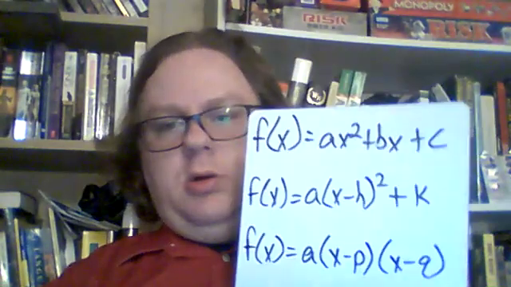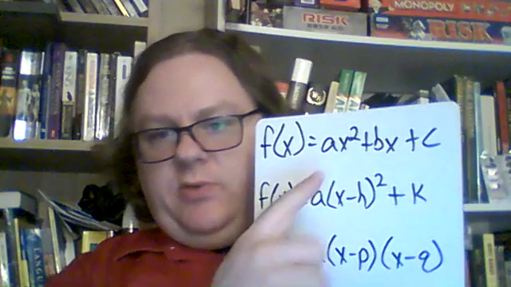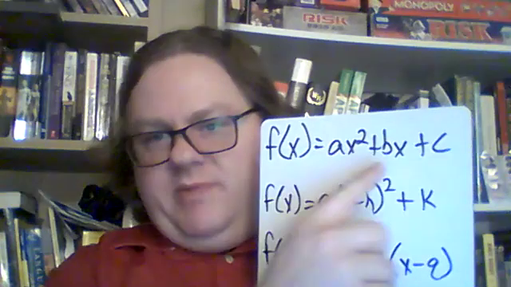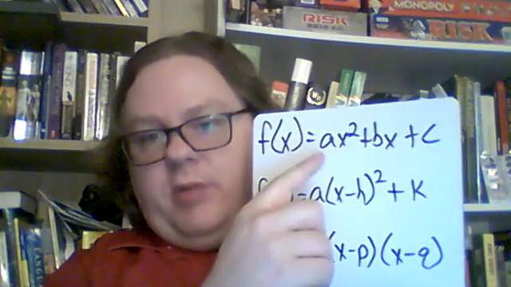This is 8.3, graphing quadratic functions. All right, here are 3 forms of the quadratic function. This one we're familiar with, ax squared plus bx plus c. Remember where a, b, and c are just numbers. They stand in for numbers, and